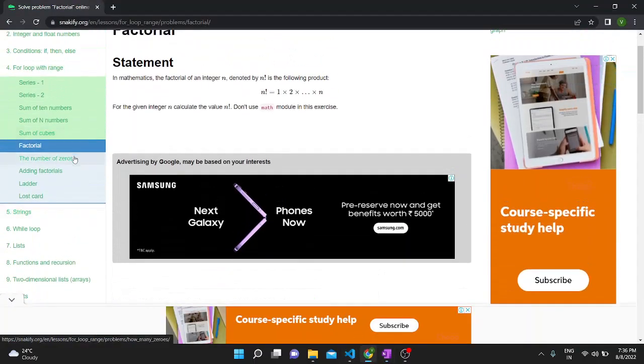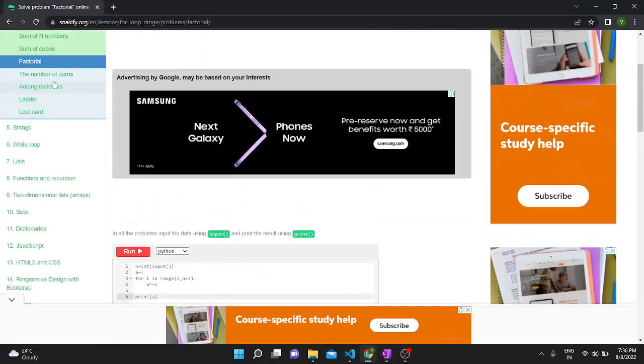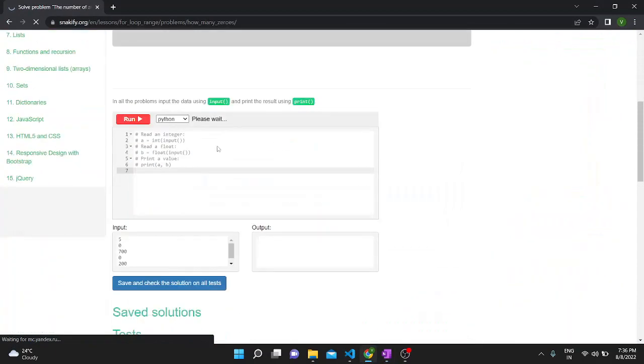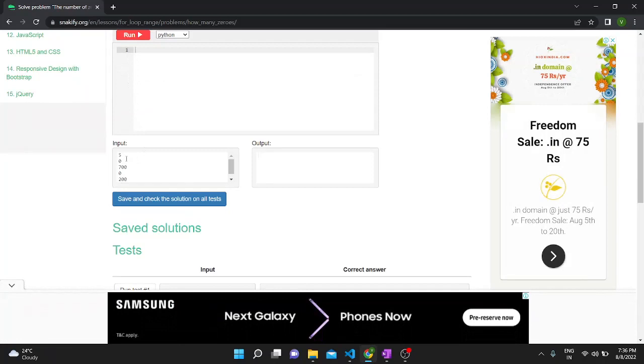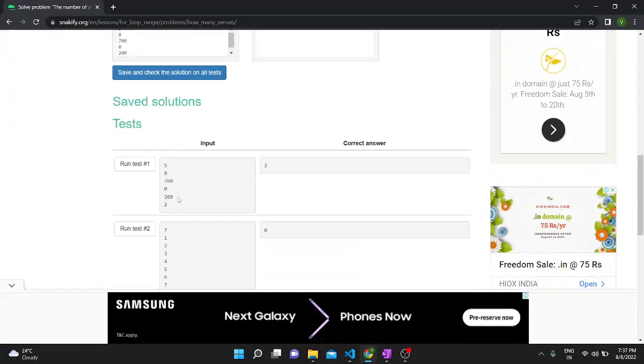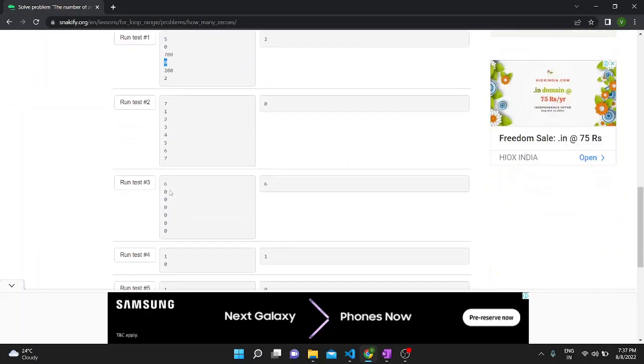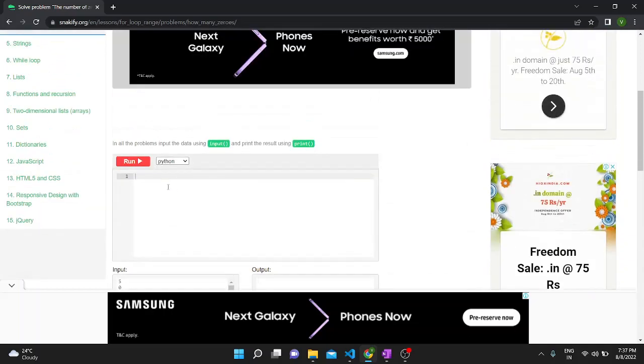So let's move towards the next problem statement, number of zeros. Firstly I would remove all this stuff, and here you can see we have to find the number of zeros. First of all we will take a number input from the user, and till that number we have to run our loop, and I have to find how many zeros we have in our program. So I would firstly take n number input from the user,